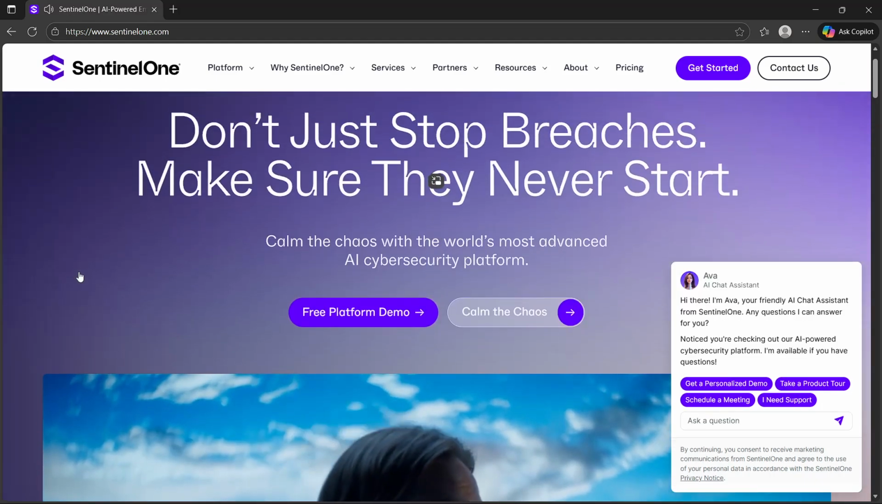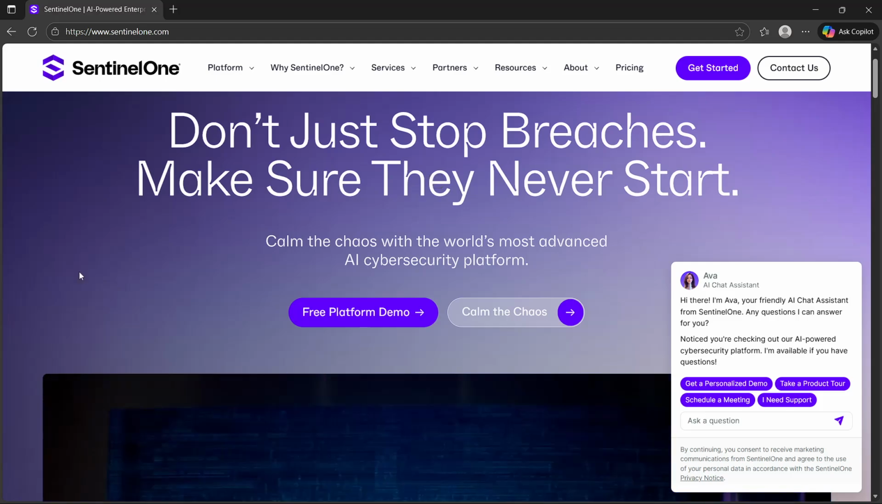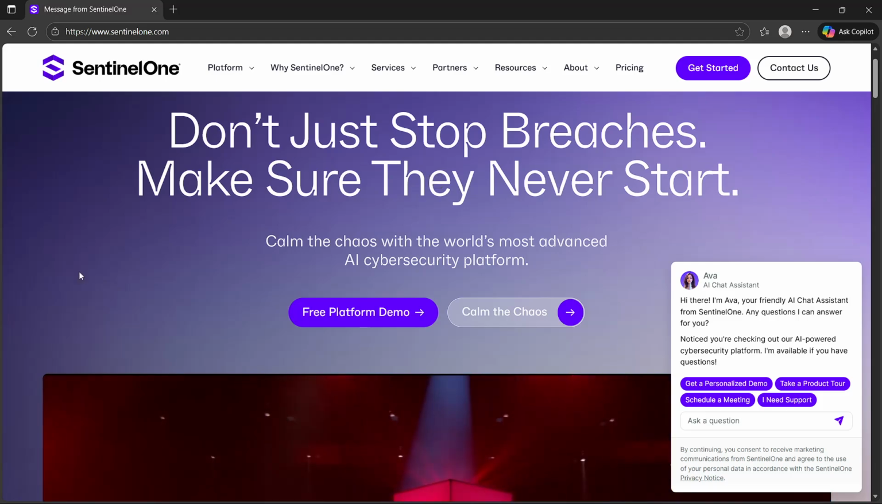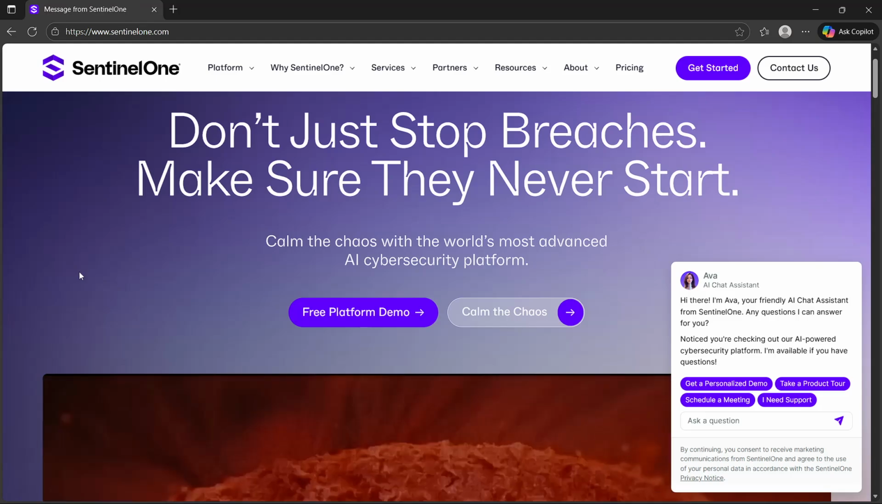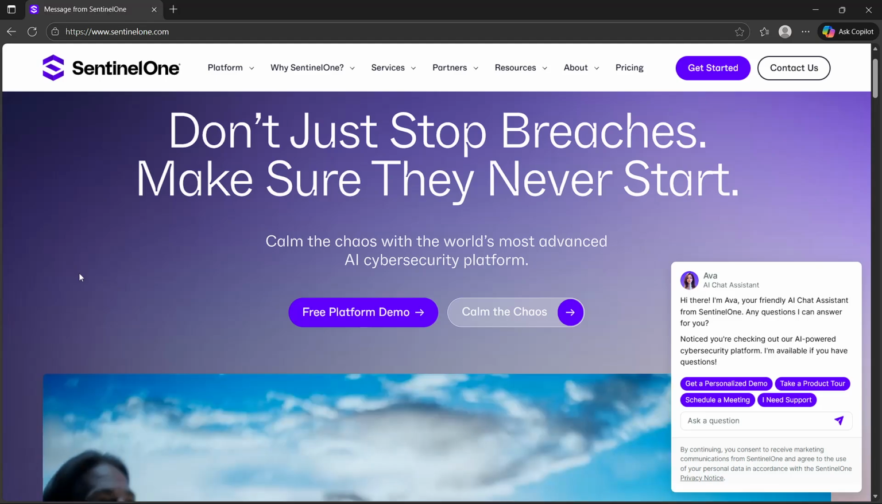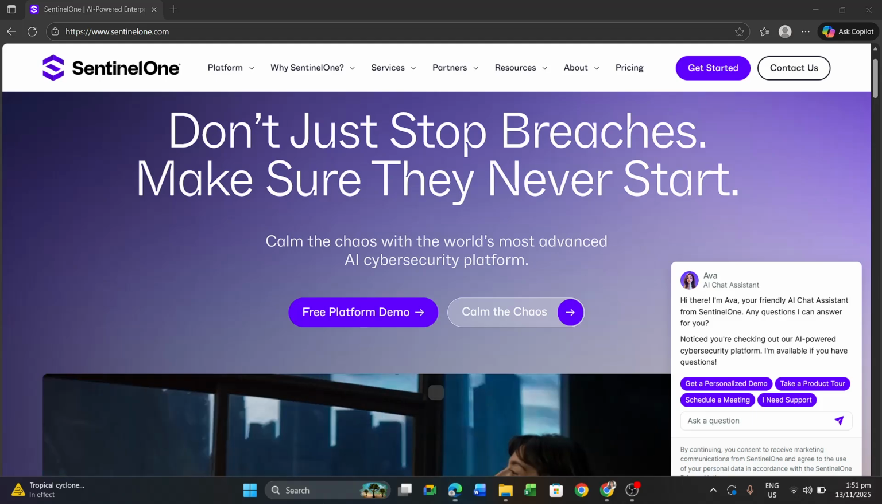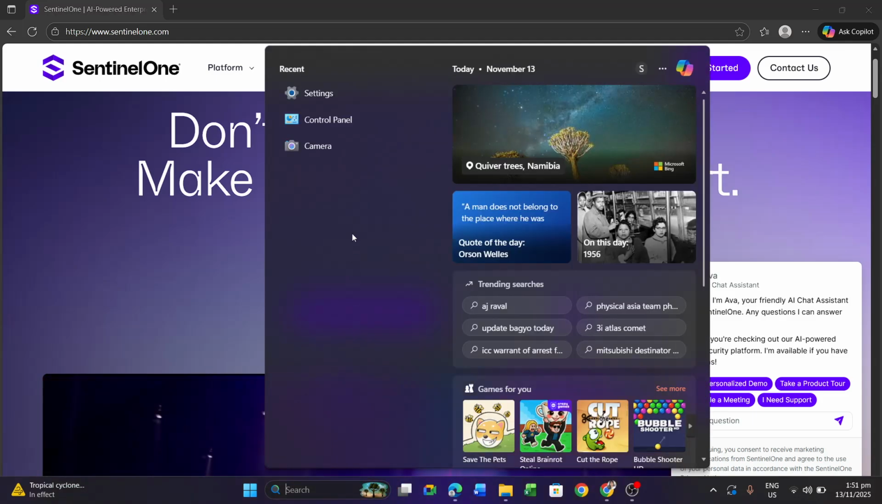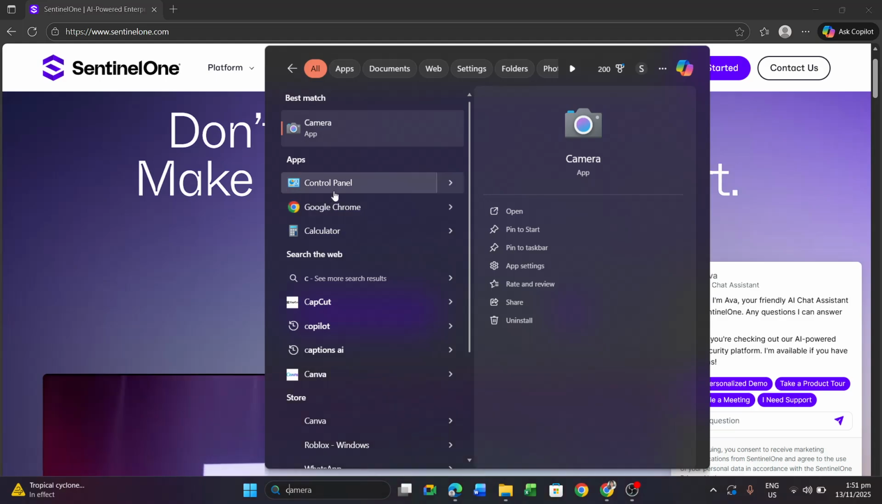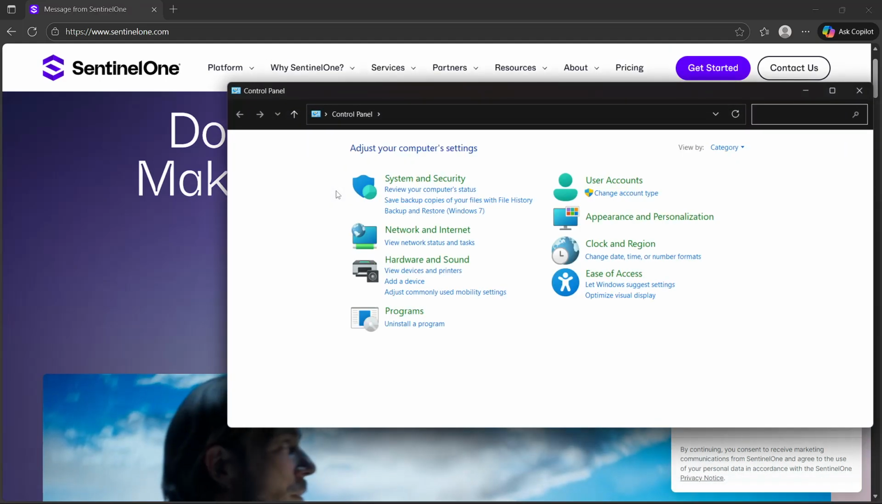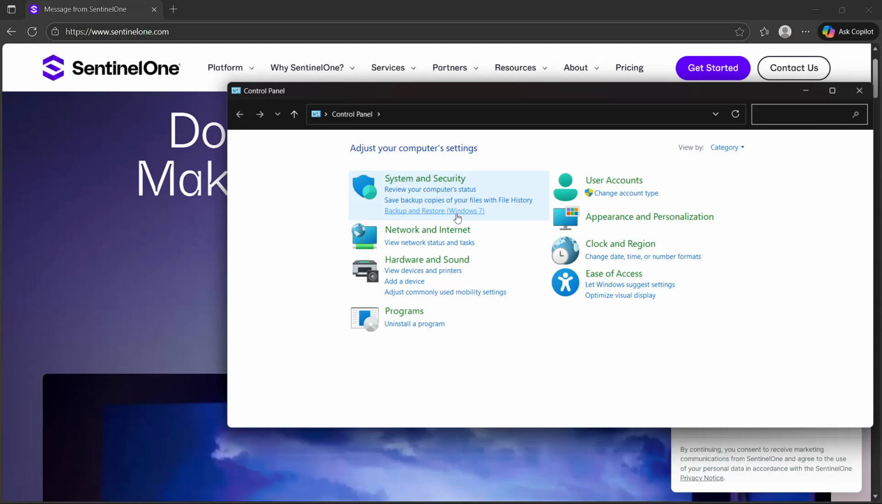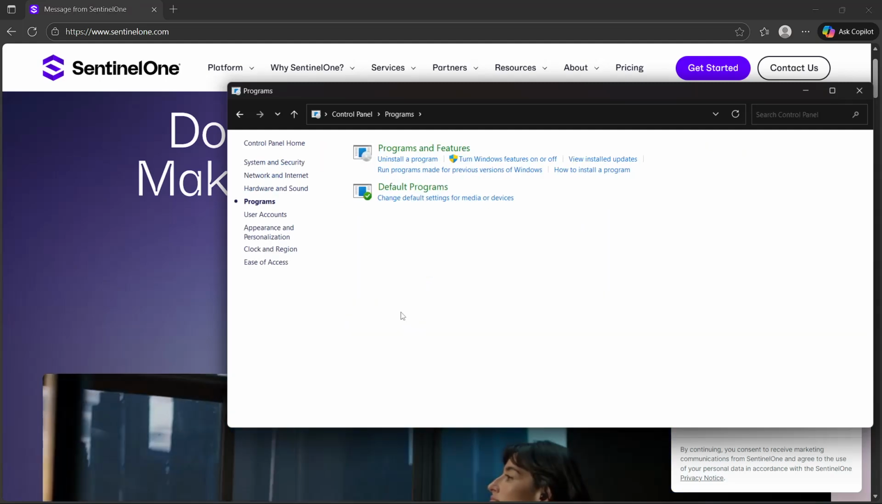Please listen carefully to each step that I will be explaining. This will help you to safely remove the software from your device. First, you will have to open your Control Panel on your Windows. Go ahead and search for Control Panel. Once you're here, go to Programs, and